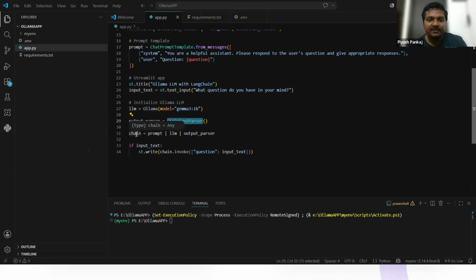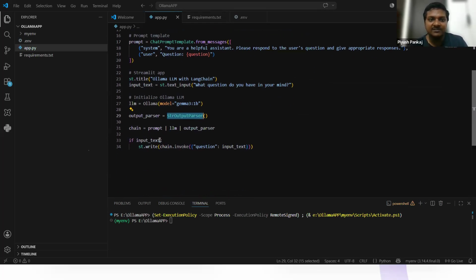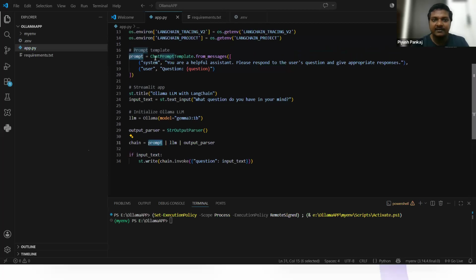Now in the LangChain framework, you have this flexibility: you can create a chain of objects, or you can say you have created one pipeline. So this is the chain. First of all, the prompt will be taken and checked with the template. This template and prompt will be given to the LLM, the Gemma 3 model.